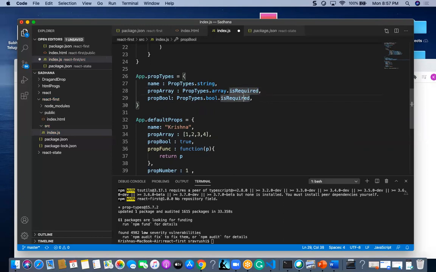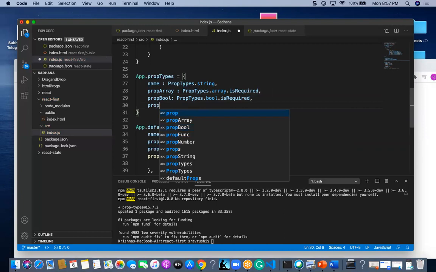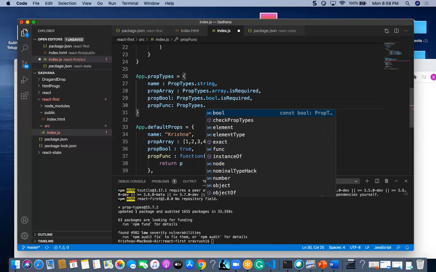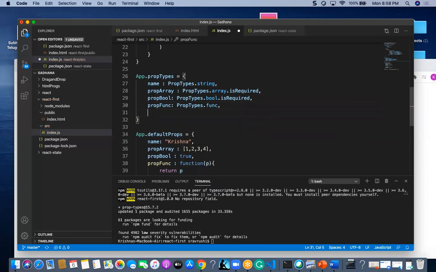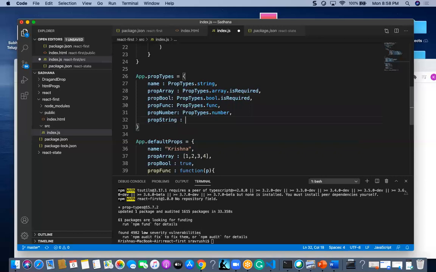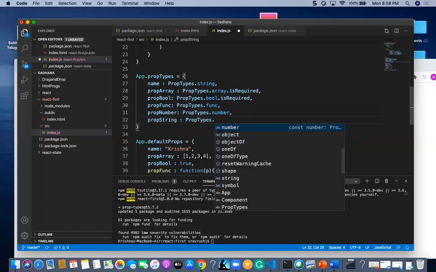Likewise you can validate your properties with isRequired, and also PropTypes.func, propNumber: PropTypes.number, and propString: PropTypes.string.